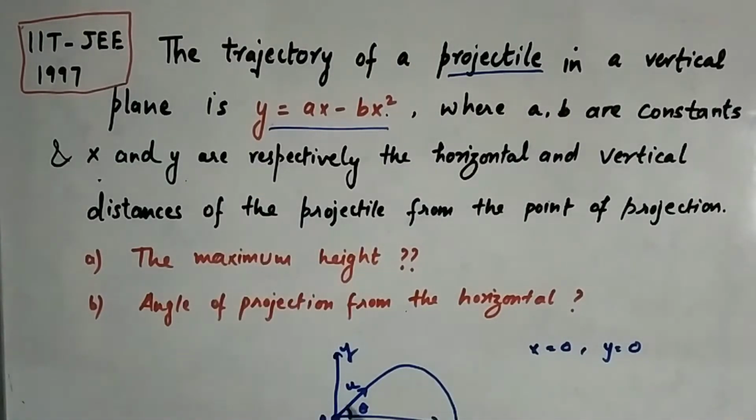Next thing is, we are asked to find the maximum height and the angle of projection from the horizontal, which is theta, and the maximum height will be this h. Now there are two ways to solve this question. So what we have done is we have made two videos. In this video we are going to cover a quicker way to do the solution, and it might not be very intuitive to some of you, but in the second video the solution will be easier, though a little time taking, a lengthier one. So yeah, let's get started.